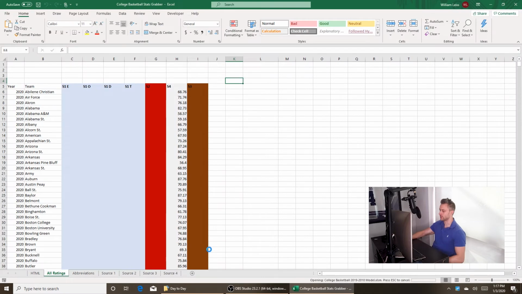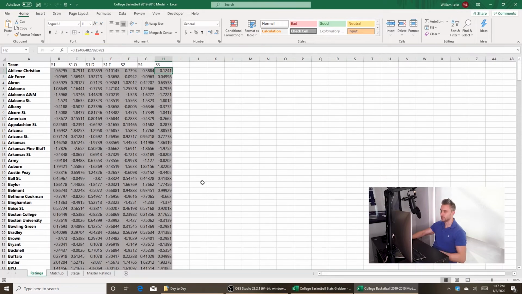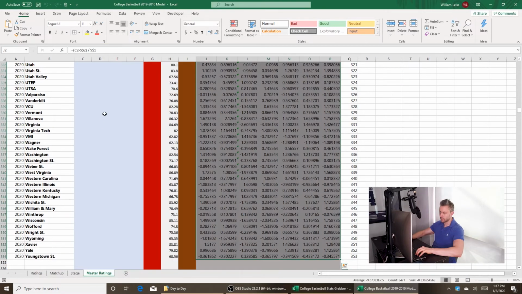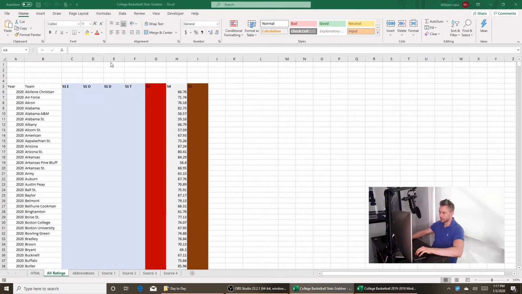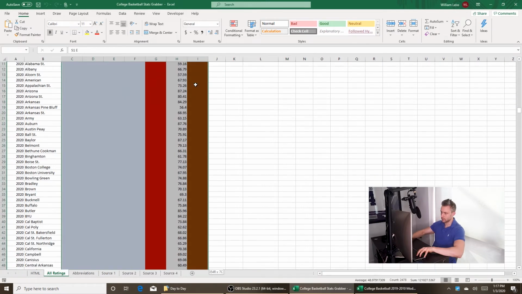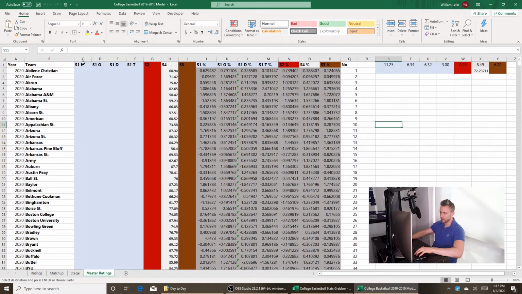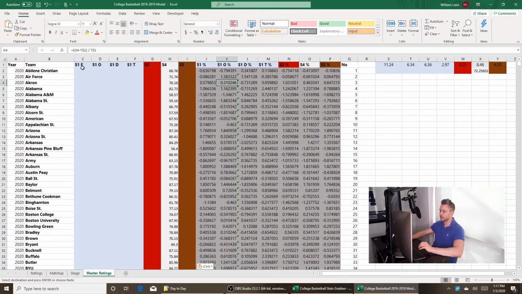And this is where all the magic happens. This is where all the predictions happen. So I come over here to the master ratings tab and I copy and paste from here all the way down and I bring it over here. So now what it did is that these are the raw numbers right here, but what these numbers right here